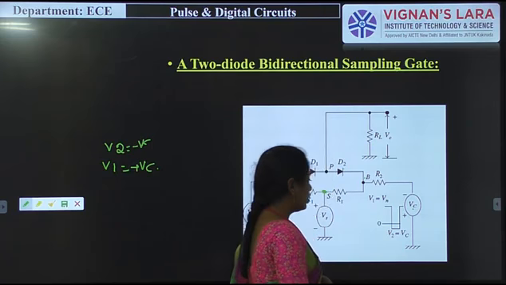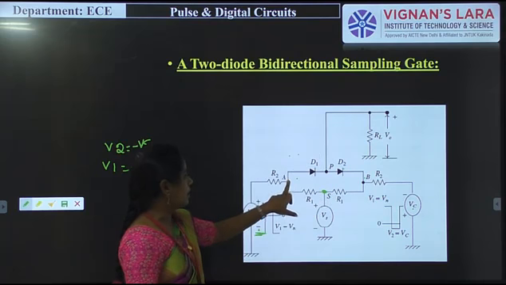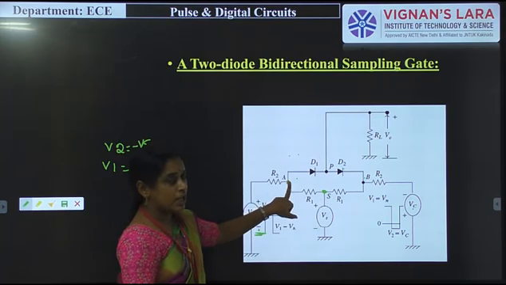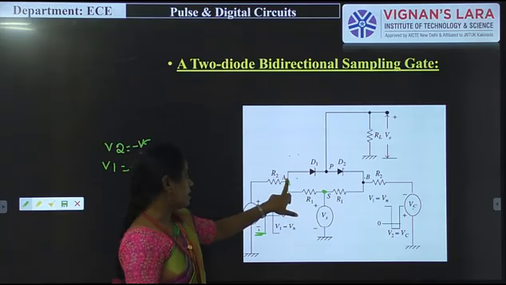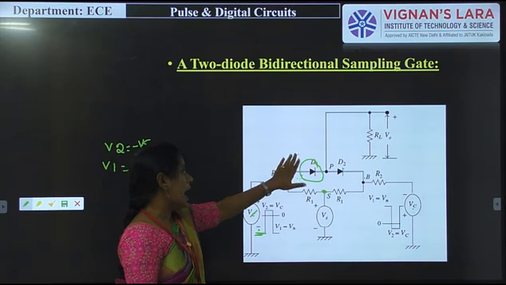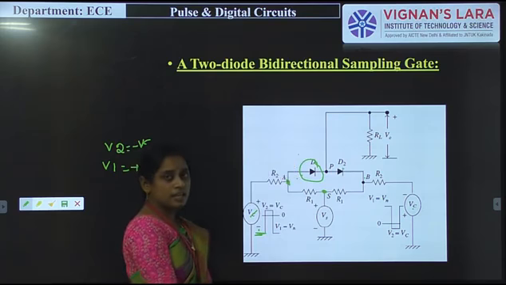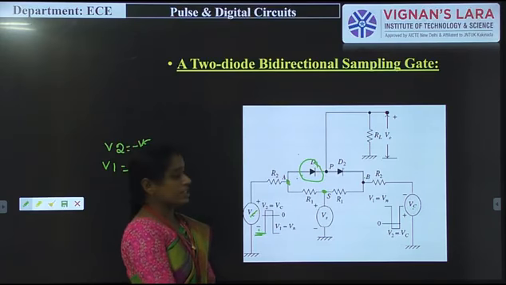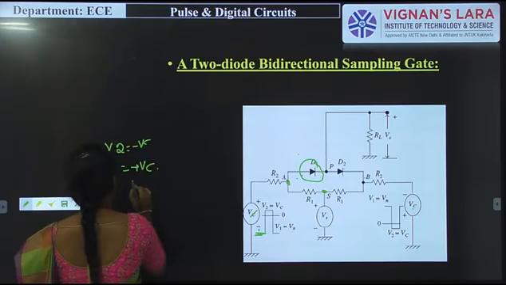During this time a negative signal is applied to the anode terminal, that is node A. So at point A, in this time the diode D1 goes to off condition. Why? Because the anode voltage must be 0.7 volts for conduction of the diode, but here the anode voltage is negative. So simply we say that in this particular time diode D1 is in off condition.